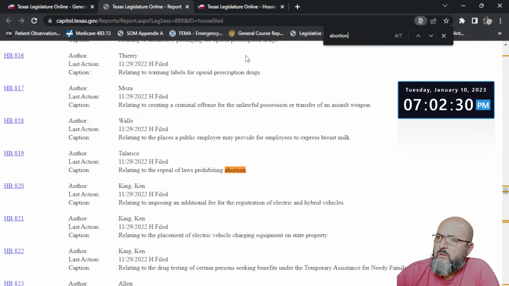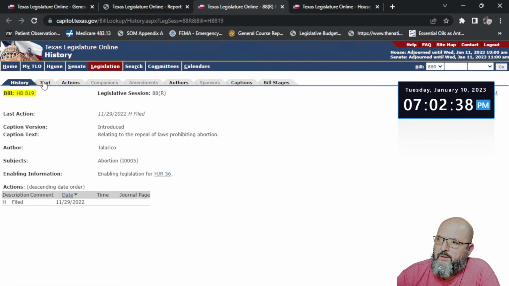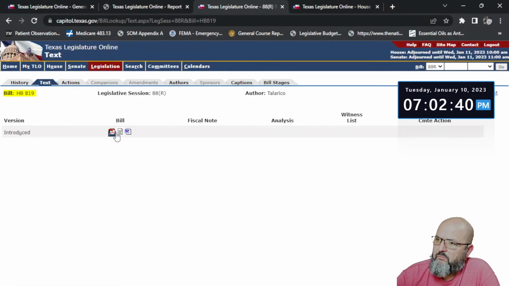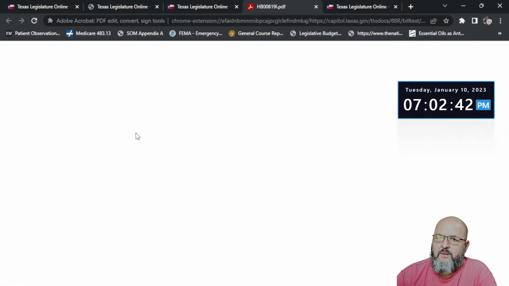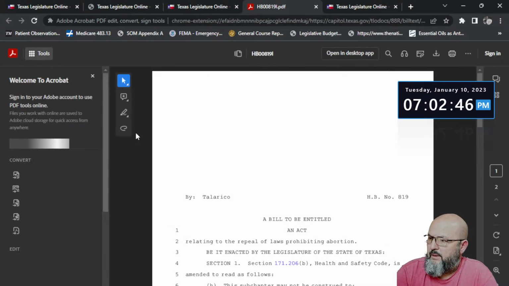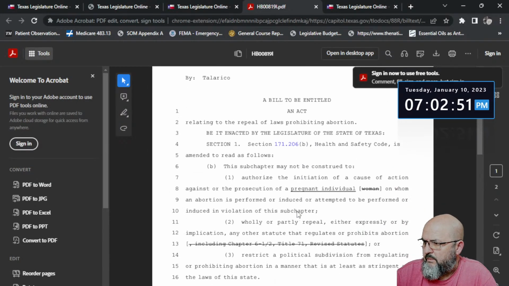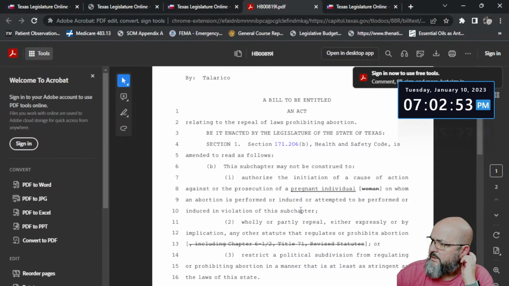So, we will go to this bill. Pretty sure I'm going to not want to see it pass. Got to make sure, because I don't want to fall victim to right-wing propaganda either. Is amended to be as followed. Authorize the initiation of a cause of action against prosecution. It may not be construed to